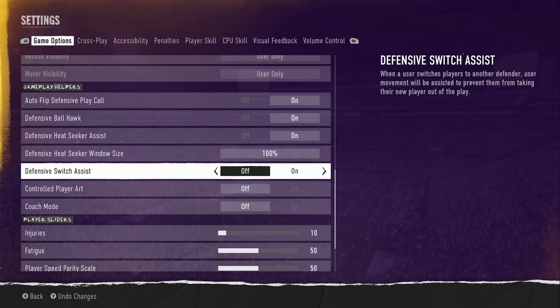For number 5, we're going to go over another crucial defensive setting that a lot of people overlook. This one's going to bring everything full circle. We talked about how to get the interceptions with ball hawk and how to make the tackles with heat seeker, but the switch assist is going to be crucial, because have you ever been in a situation where you accidentally got clicked on to the wrong guy and you thought you were going to be clicked on to somebody else who was maybe a little closer to the ball, and then you wound up taking him out of the play and messing everything up? Well, with the defensive switch assist, if you turn this to on, it's going to prevent